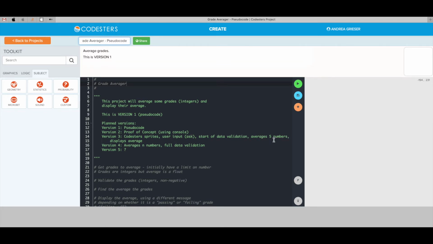And then maybe I'm just going to average 5 numbers at this point and display that average. And maybe a later version, I can average n numbers. That is, there is no hard limit on it. And then maybe a good data validation, anything that I've missed in the previous version. And I haven't really thought very far past that, so I just put a little question mark there, because I'm